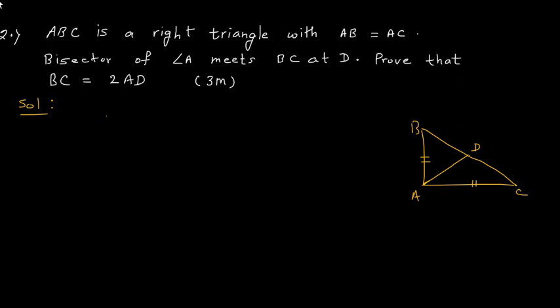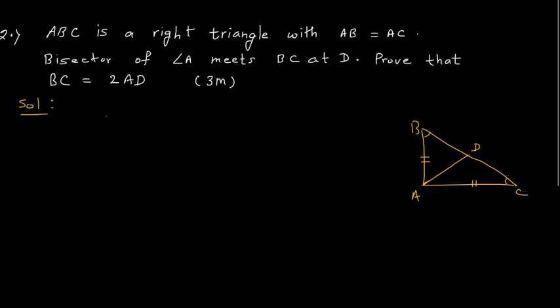Now here AB and AC are equal, so their opposite angles, that is angle C and angle B, are going to be equal. So here there are different ways possible. Now here ABC is a right angle triangle. They have not mentioned which angle is 90 degree. Okay, but from the information, as AB is equals to AC, we conclude that angle A will be right angle 90 degree.